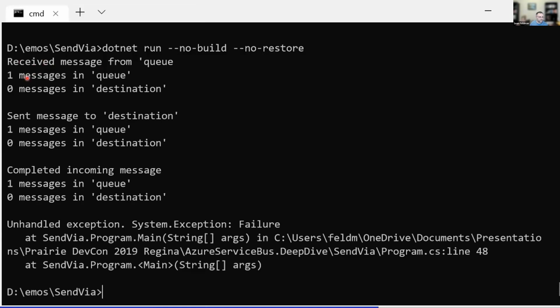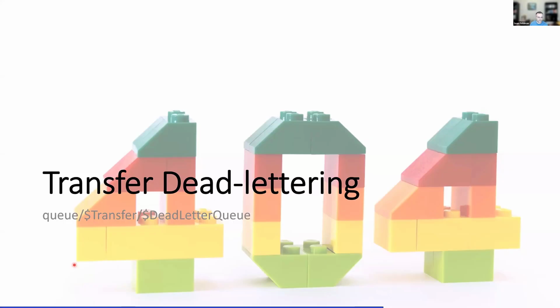And let's see what happened. We received the message just as before. We sent the message to the destination just as before. We completed our incoming message, same as before. But then we had the exception, right, that something went wrong. Where's that wrong? In the transfer dead letter queue. Now, remember, every queue has a few sub-queues, and the transfer dead letter queue is the one that we're going